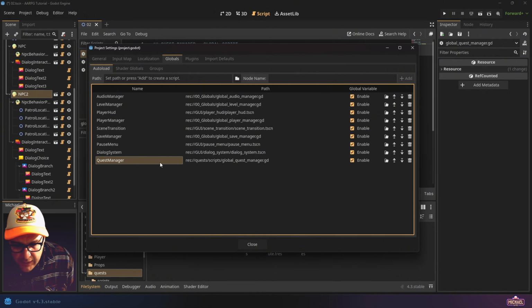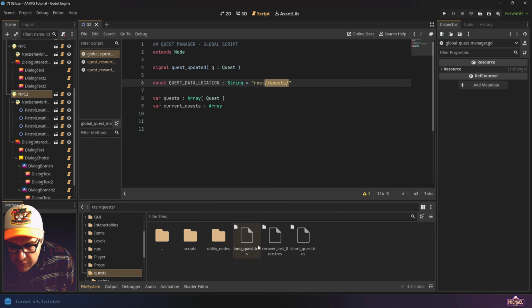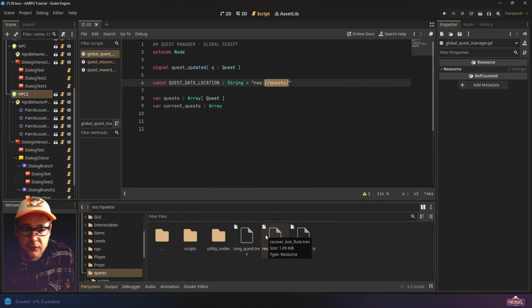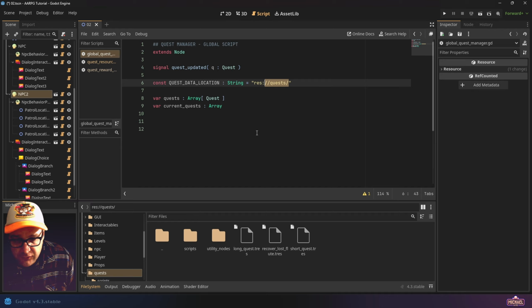Once you add that script, it should appear somewhere in your list. It'll be at the bottom, okay? And make sure you don't unclick enabled because that would deactivate it. And there we go. So now our QuestManager is going to load every time our project runs. And every script will have access to it through the name that we just gave it, QuestManager, with capital Q